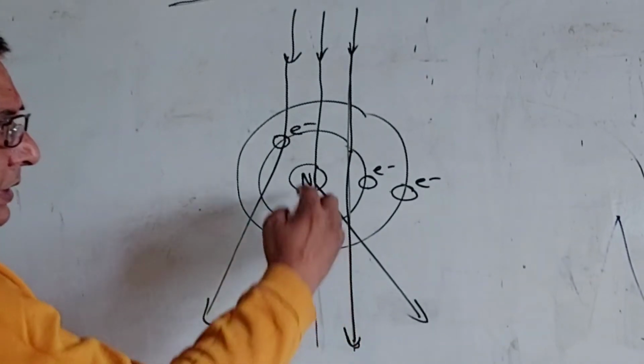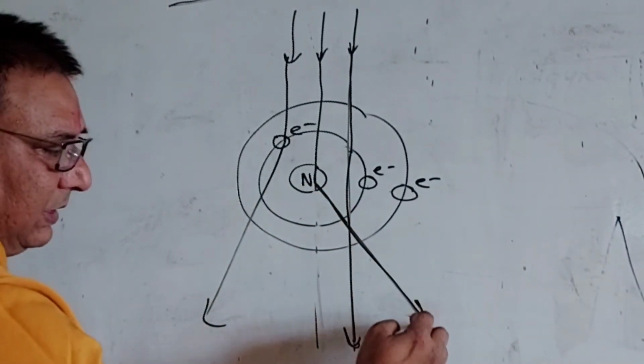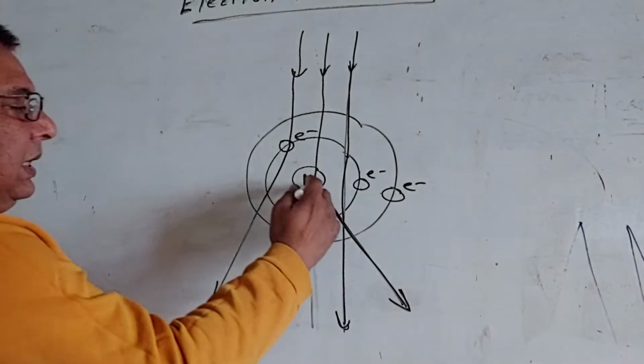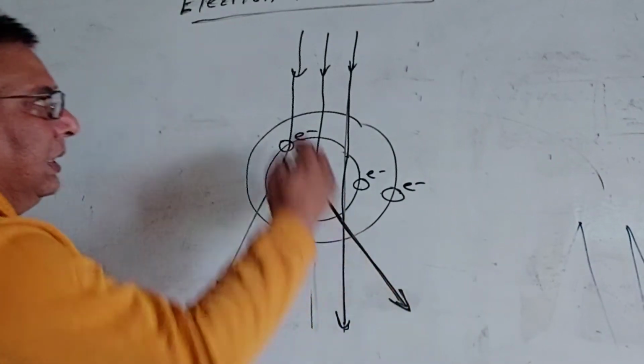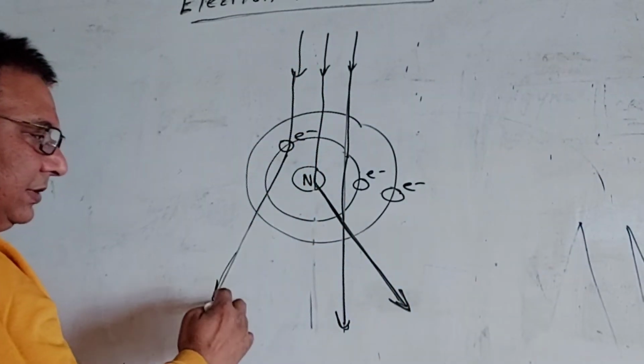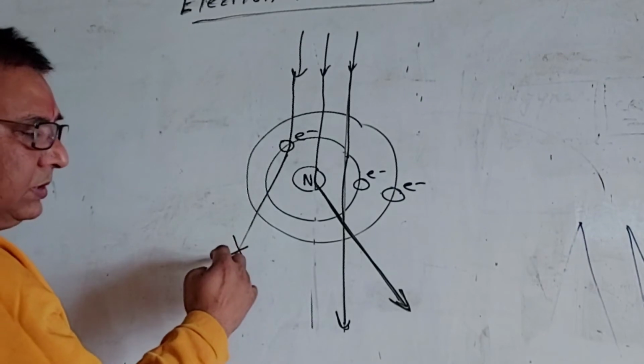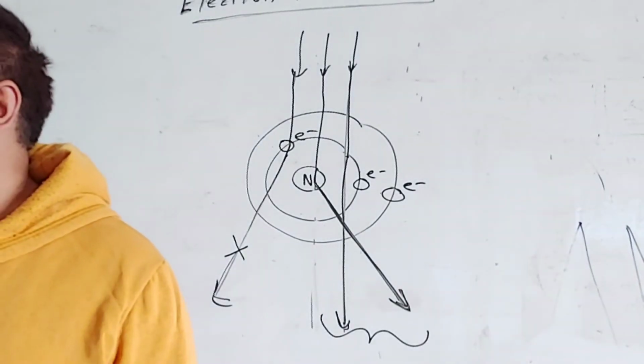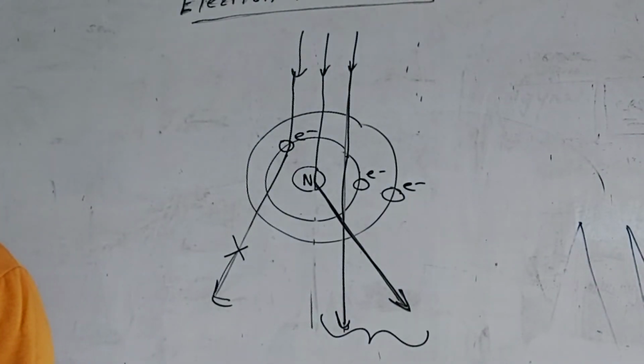This one is the elastically scattered. I'm saying light, it is not light, it is electron beam. This is elastically scattered electron beam. This is inelastically scattered electron beam. We are not going to use this. You are going to use these two for generating your image in TEM, transmission electron microscope.